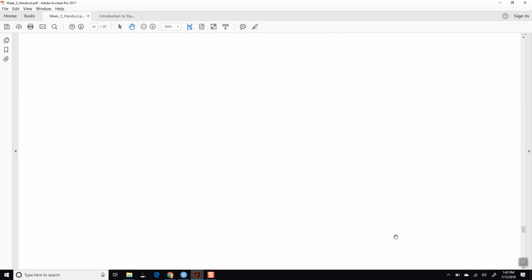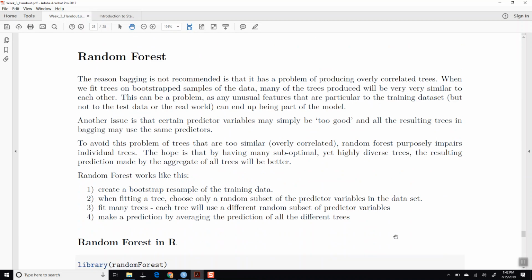You can perform bagging in R, and then there's random forest. Random forest is like bagging, except you further cripple the prediction of the tree. The way a random forest works is you say, you know what, when I did bagging, every single one of my trees, assuming you have high dimensional data,